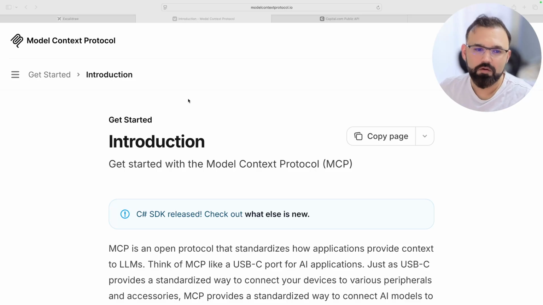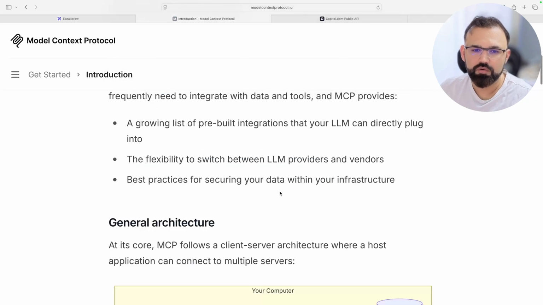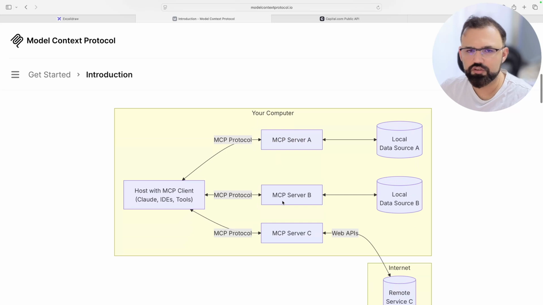All right, demo time now. The first thing that you do is you need to be aware of the Model Context Protocol website. So it's modelcontextprotocol.io. So here we already talked about the architecture of MCP servers, which starts with a host, and in that